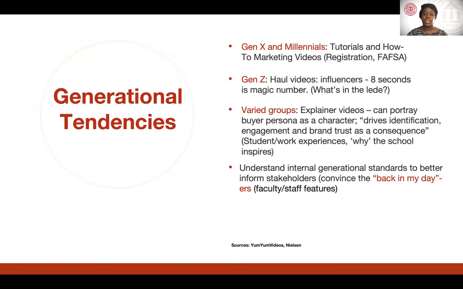For example, I know FAFSA is becoming a bigger part of your schedules in the coming years, and we won't debate that here. I know there's some discussion on both sides of that. But in order to get these students to complete that FAFSA successfully, it might be an opportunity to do some videos where you talk about students who did benefit from the FAFSA and then offer instructions on how to get that done. Learning about registration, a lot of registration processes have gone digital.